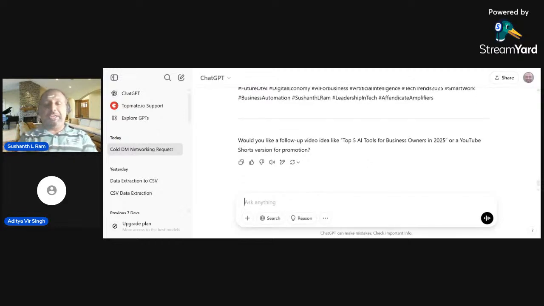In the ChatGPT prompt window, type in, please format the data into first name, last name, mobile number, and email address, and format the data into a CSV file.